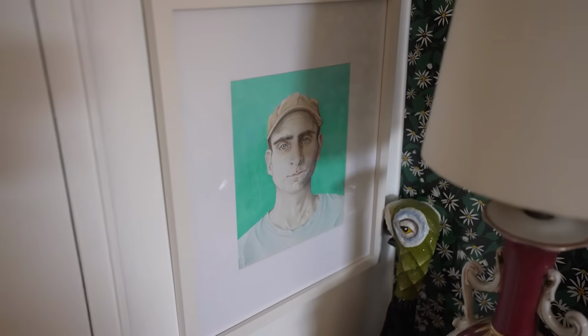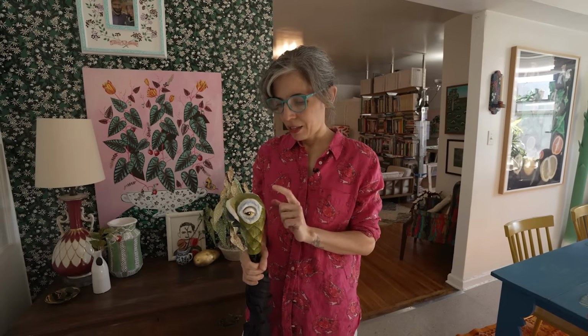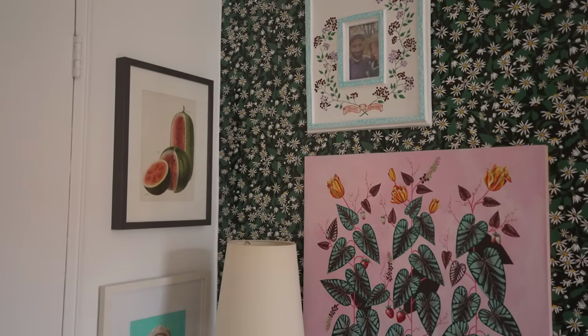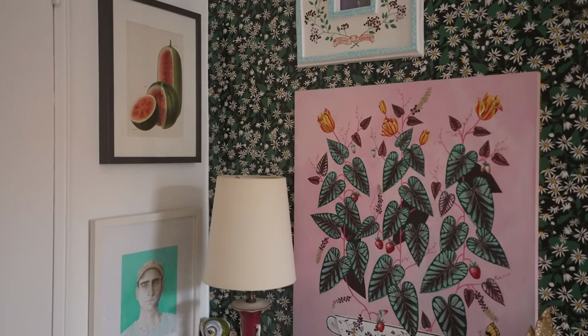Oh, this is my very first paper mache project. Okay, so I did paper mache when I was a kid, and then of course, I think I had to do it in a 3D design class in college. It was like typical art school stuff. But then when I knew I wanted to be Mary Poppins, I did this parrot umbrella. It was just a regular umbrella with a straight handle, because you know how some are crooked, but it was just a straight handle. And I made it with foil and paper towels, and then I covered it with paper